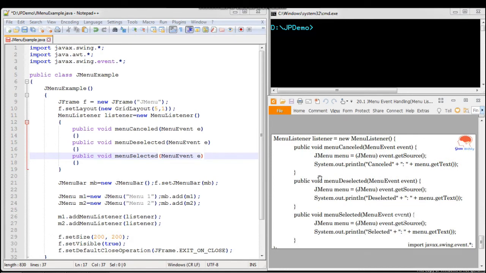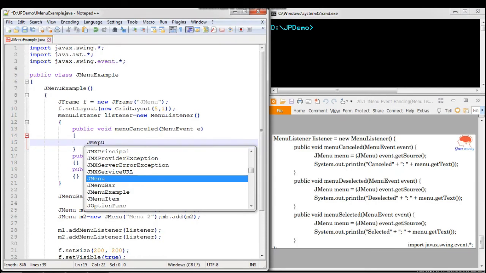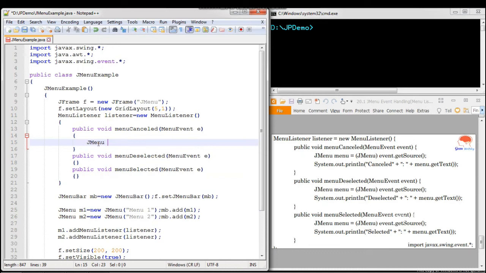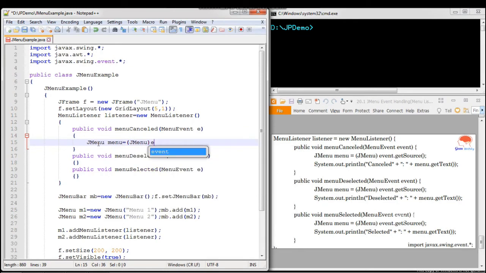Now we are going to get the resource, which menu has been selected, deselected or cancelled. We are just displaying it in the console. For this, we are creating the object JMenu, e.getSource.